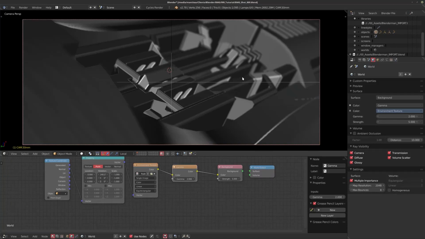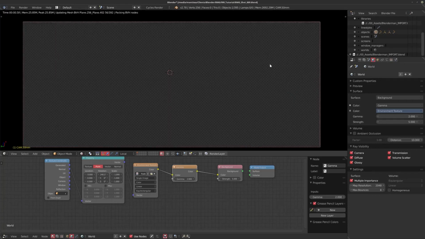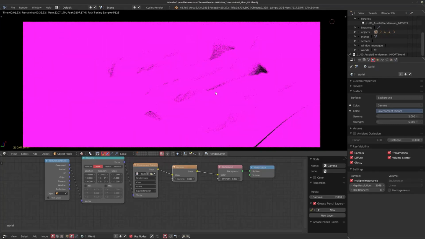There we are, and we've got our final shot again. So if I were to render this now to start the look development, it's going to take a little bit because it's going to load in all those different assets. There we go, and it'll start rendering. So the main Blenderman scene is absolutely huge, and you can see there's a bunch of stuff going on here.